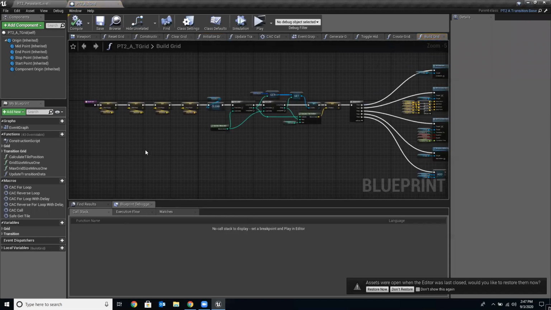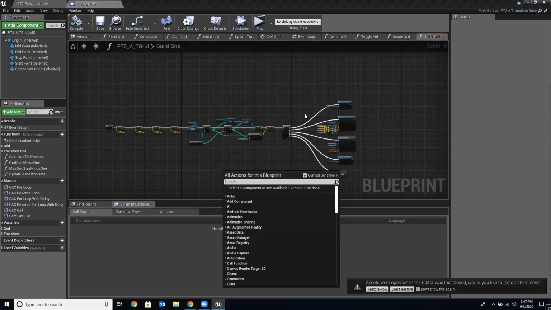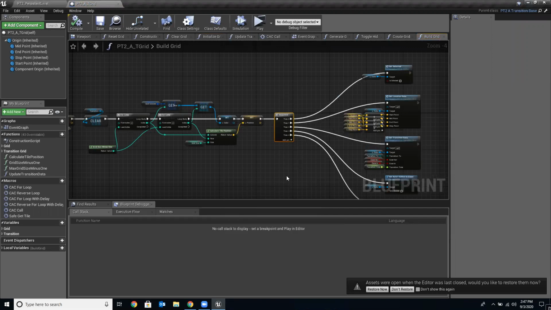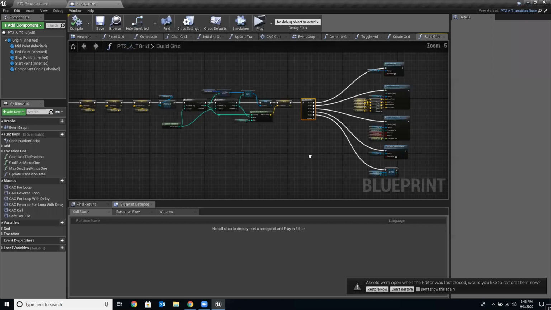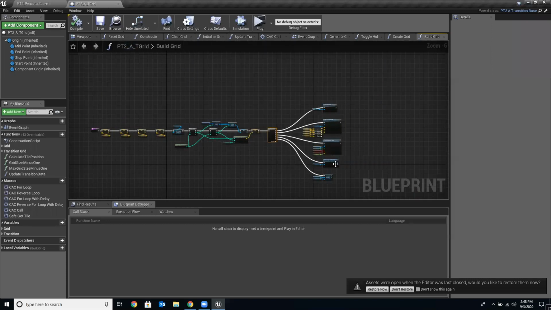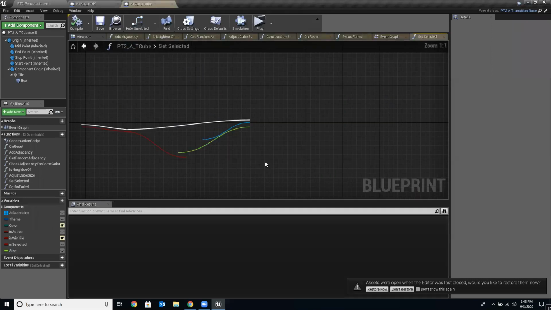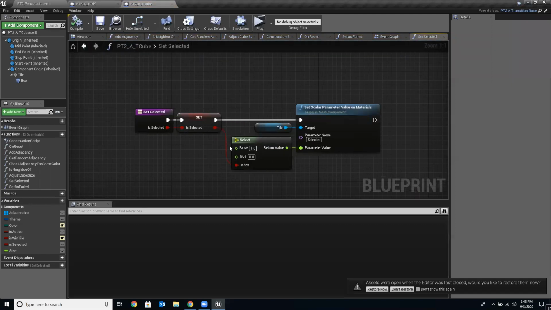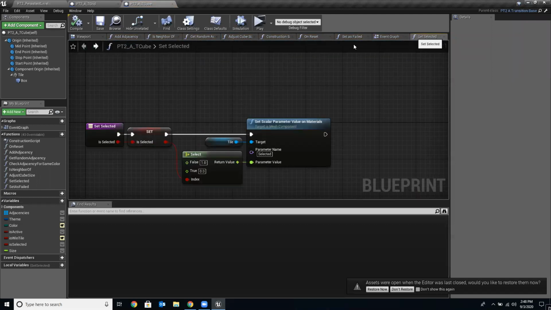We do this build grid function, which uses all kinds of different nodes. We're using a sequence node here, which you'll see in a few days. Basically, what a sequence node does is it takes an execution in, and then it runs each sequence in order. So this top one gets run first, then it runs a second, and third and fourth, and so on and so forth. And each of those is connected to a custom function executing some code. So as you can see here, I'm just doing some default value there, selection,